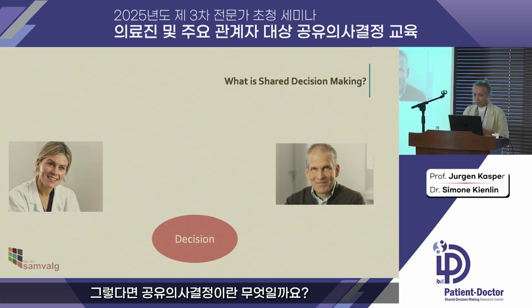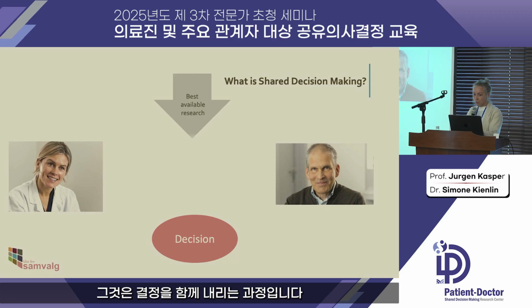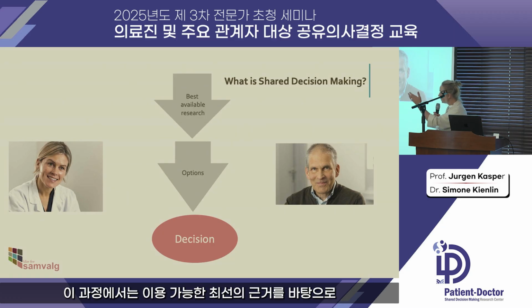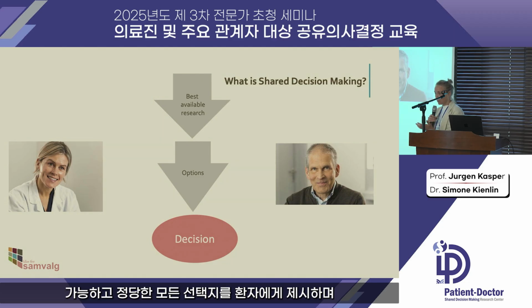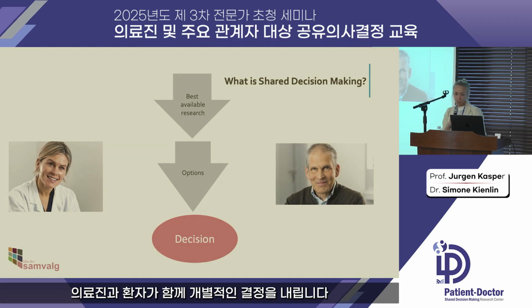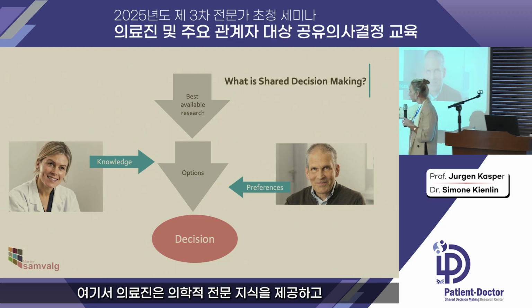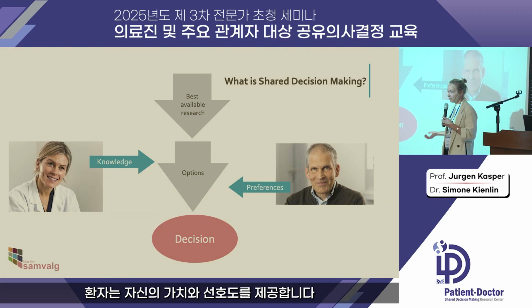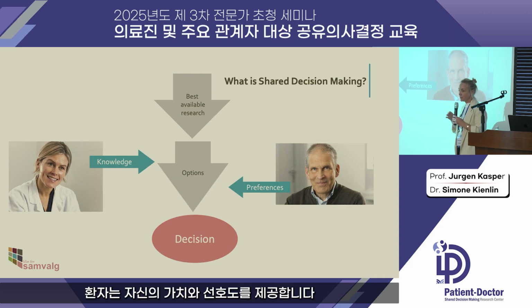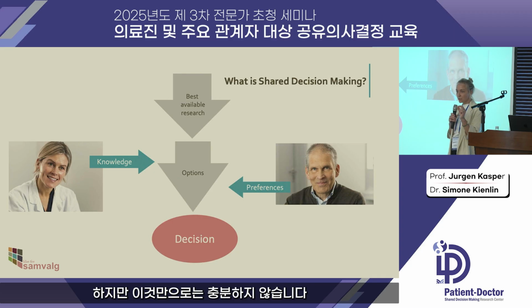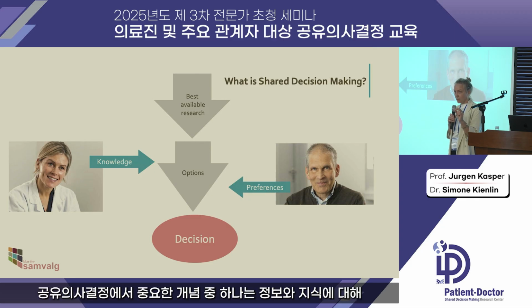So what is shared decision making? It's about making decisions. We use the best available evidence when we present all the available and justifiable options and make the individual decisions with the patient. This happens while the clinician contributes with his medical knowledge, and the patient contributes with values and preferences. However, this is not quite enough, because